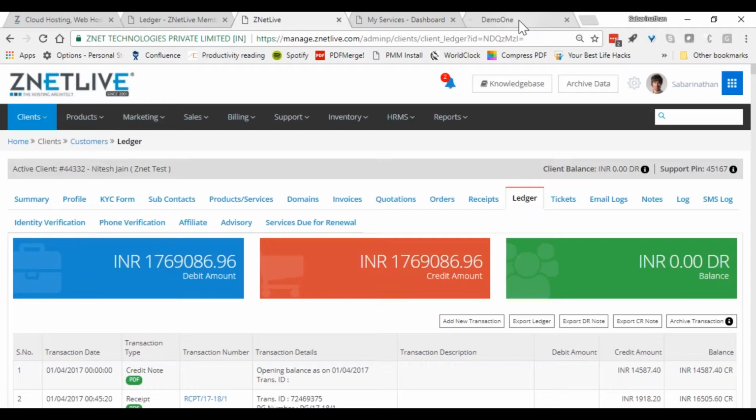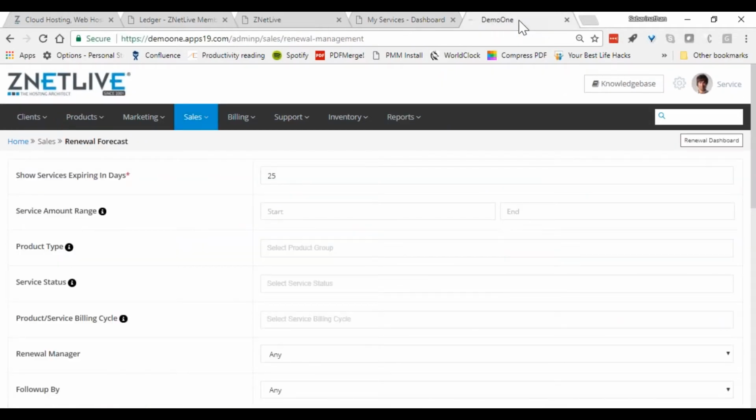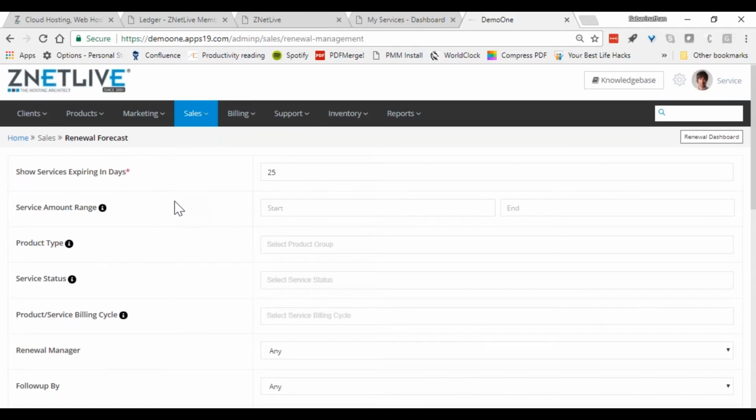So now let's quickly jump into, let's say, the product manager's portfolio, or probably before we go into that, let's look at a salesperson's perspective. There are 25 or 26 more days for this month to end. The sales manager is really keen to understand, hey, what is my renewal going to be for the end of this month for a particular product type, right?